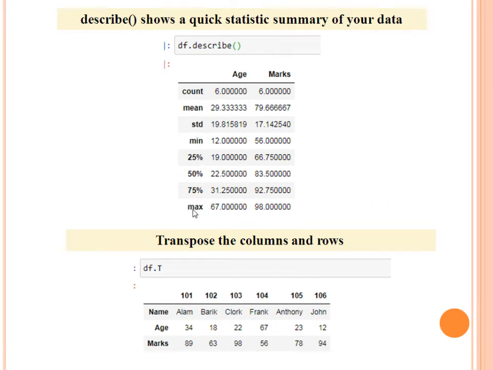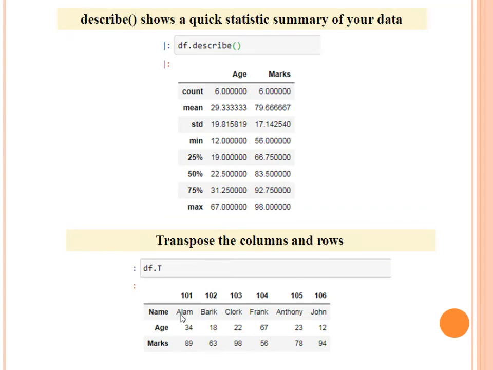Whatever data you want to extract, you can extract. Clear? Next is transpose the columns and rows. Transpose means exchanging. So with the help of df.T, you can exchange the columns into rows and rows into columns.